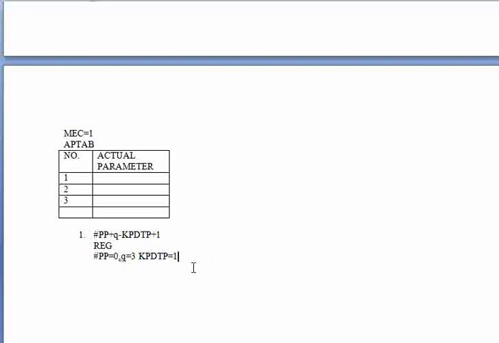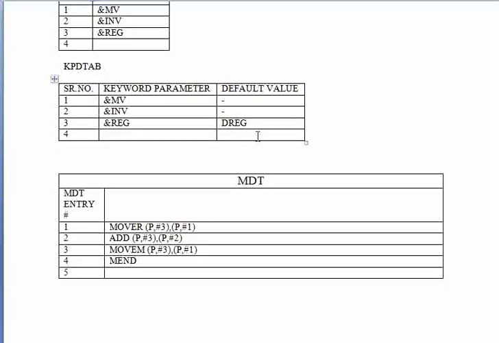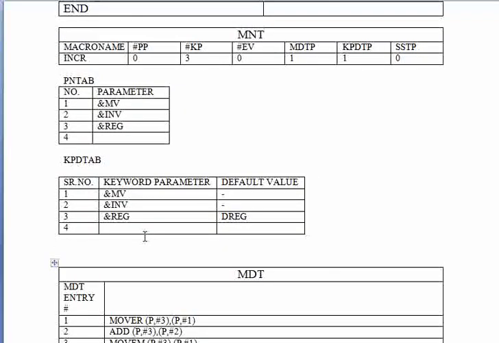Okay, and when we get the value, we see that it is 0 plus 3 minus 1 plus 1, so this value is 3. So at the third position I'm supposed to enter the default value, and that default value happens to be D register, so we write this D register over here. So first the default value is put,